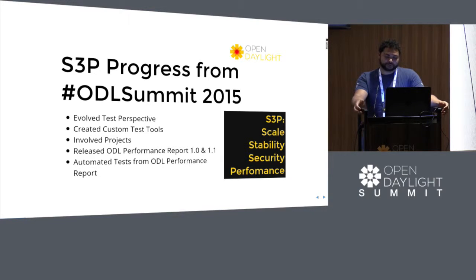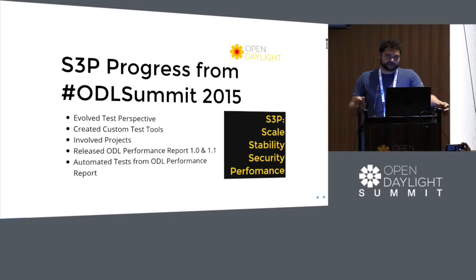I started working on S3P and measuring OpenDaylight about a year and a half ago. Our first tests were decidedly simple and based on previously available software, things like Cbench, which has its own limitations that I won't go into. But we soon realized that focusing on interfaces, the tests that Cbench does, interface metrics and things of that sort, were short-sighted because it provides information in a vacuum. Essentially,